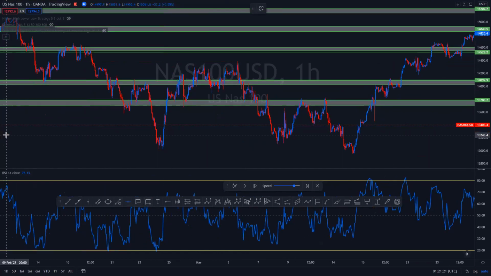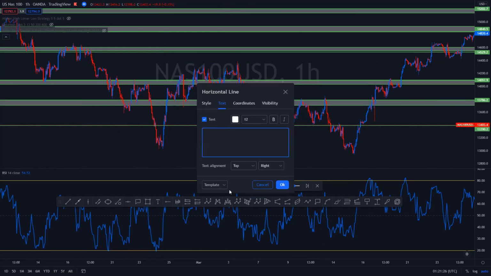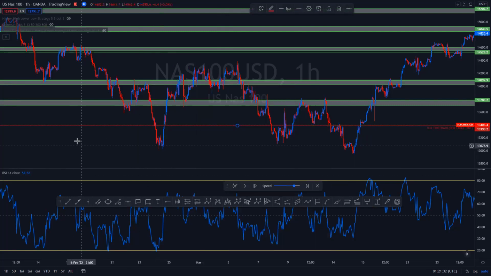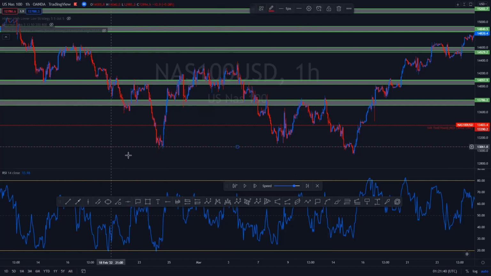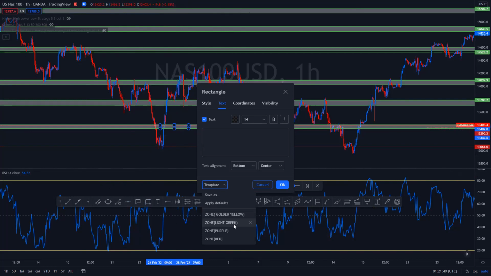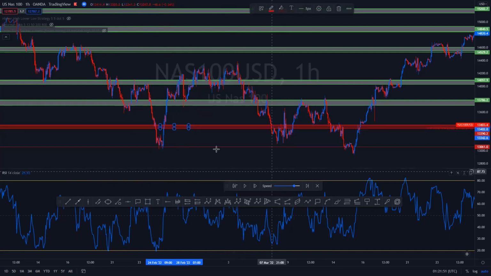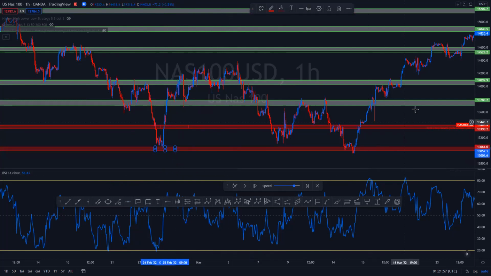So then, this is a good level here. We're going to make this red. Yeah, I think it's safe to put one here. All right. So now that we did that,